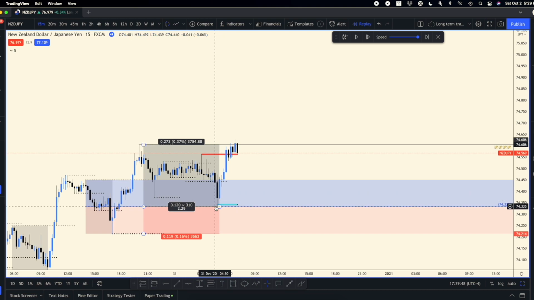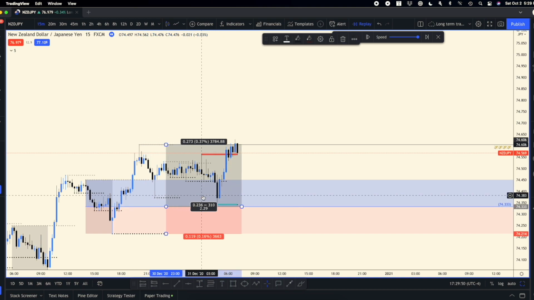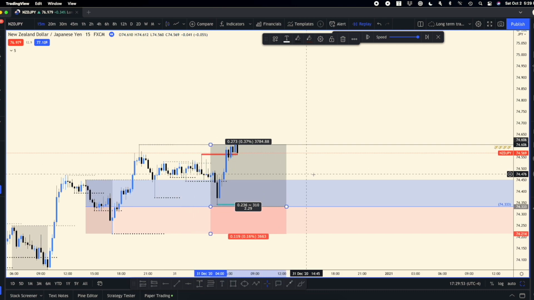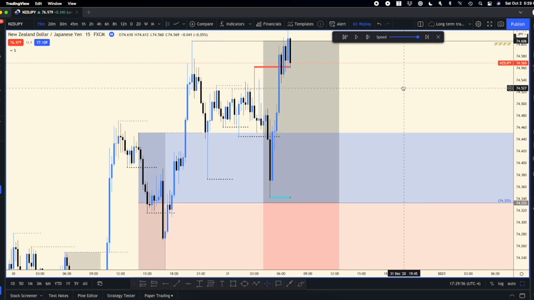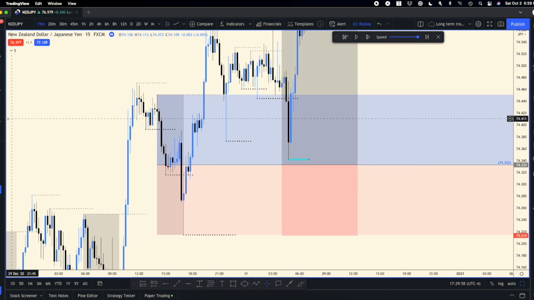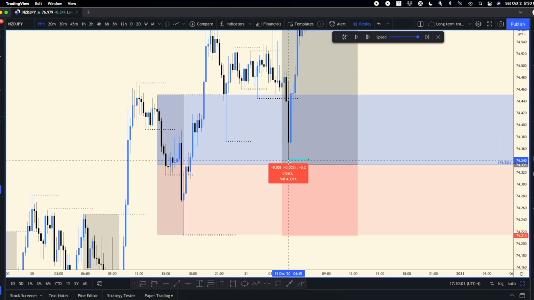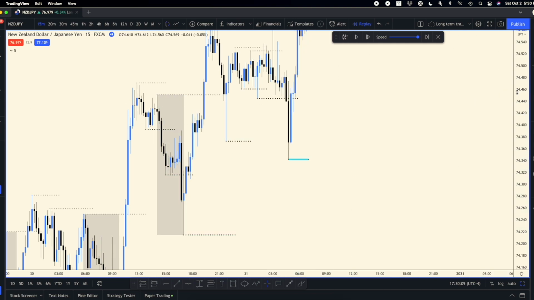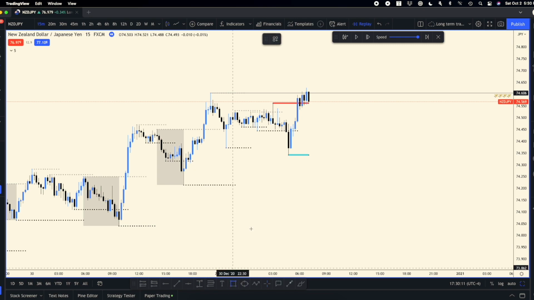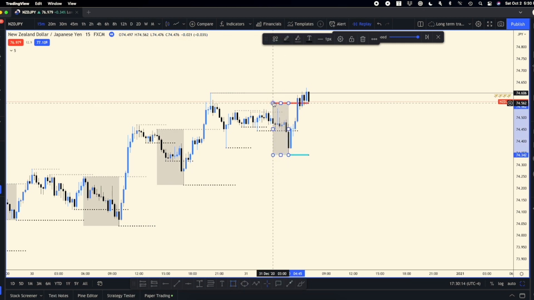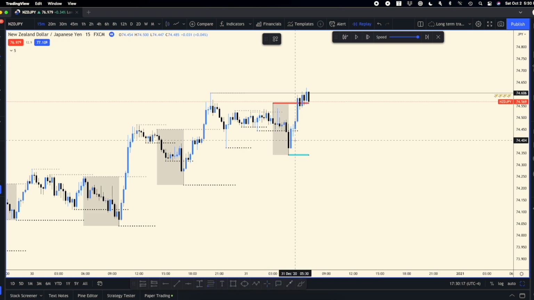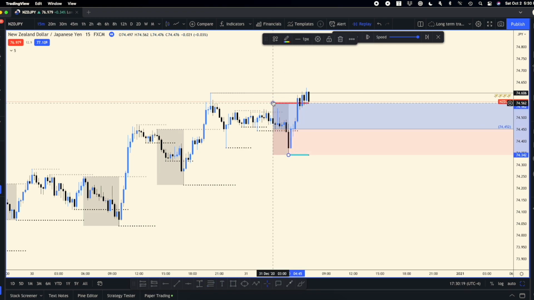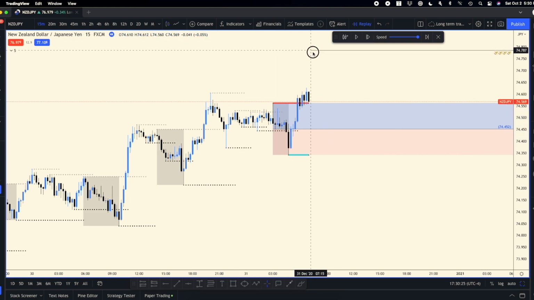If you see what just happened, we almost got tapped in. The bias is correct based off of rules, and we missed it by less than 1 pip. So it is what it is, right? I'm not going to chase that. We will follow our rules. So our rules say